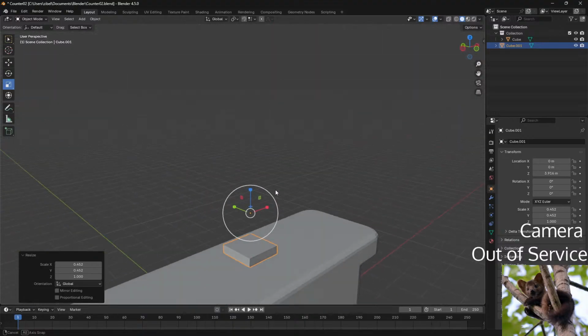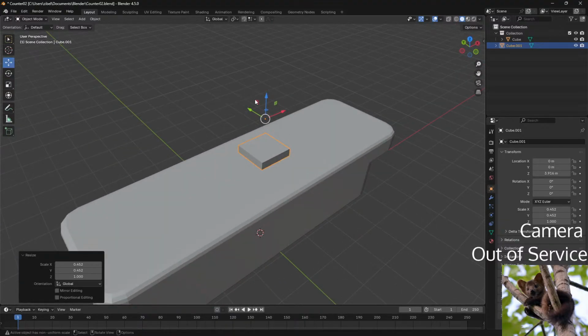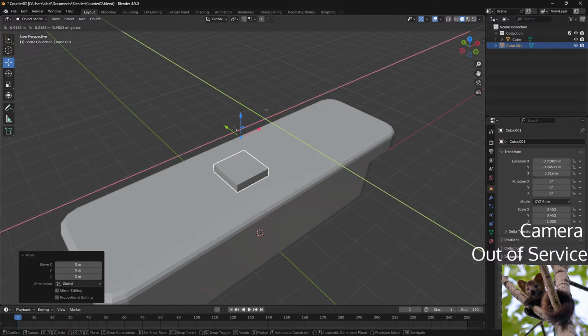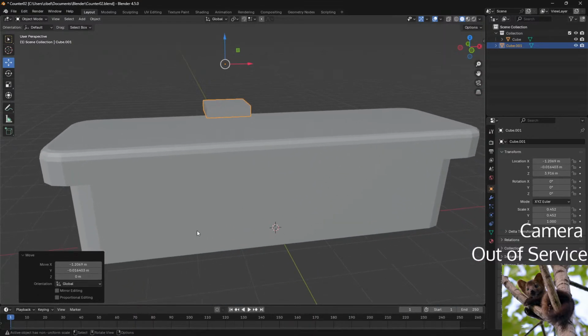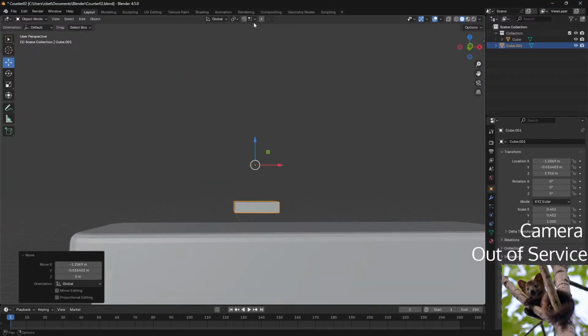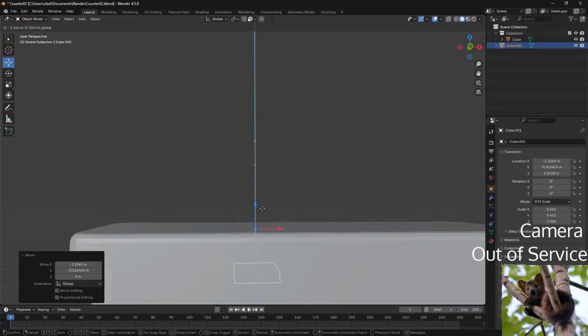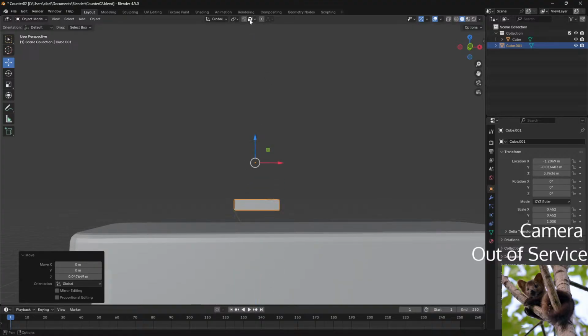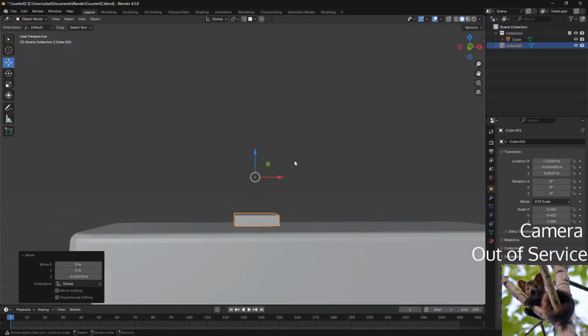Like the angle of rotation is huge. So what if we want this to snap to the volume? No, it doesn't snap at all. Faces? Oh. Well, let's make it one.